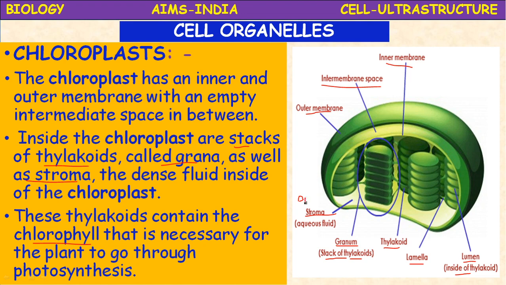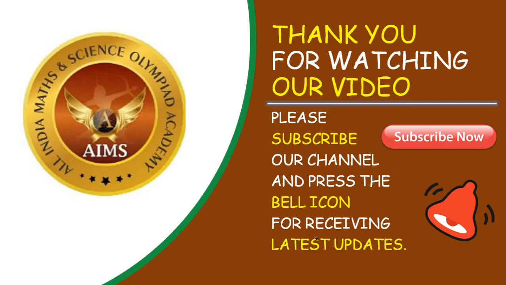Just like mitochondria possess DNA, other than the nucleus, DNA is present only in the mitochondria and chloroplast. It also contains ribosomes and proteins. It is also a semi-autonomous organelle, meaning the chloroplast can divide by itself. The stroma region and the chloroplasts are semi-autonomous organelles. Okay, children, what is the main function of chloroplast? The main function of chloroplast is photosynthesis.